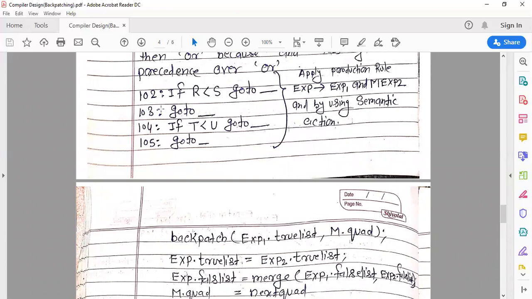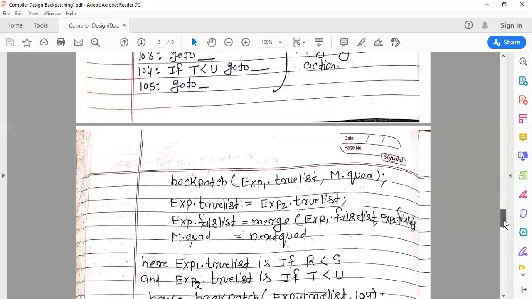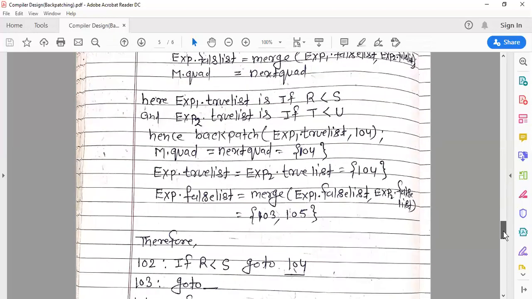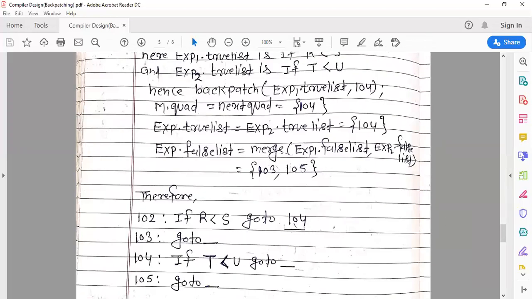Exp1 dot false list is 103, and exp2 dot false list is 105. So this merge function merges exp1 dot false list comma exp2 dot false list, giving 103 comma 105, and this 103 and 105 is assigned to exp dot false list.